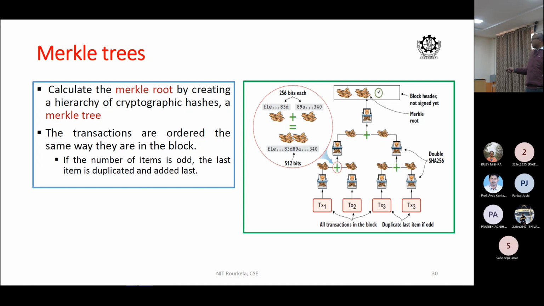Now let's look at the transactions. There are figures on the right hand side. All transactions are there. There are 3 transactions, and there can be multiple transactions, but the first transaction is a coinbase transaction. We simply say how much fee they are going to charge for putting the transaction.